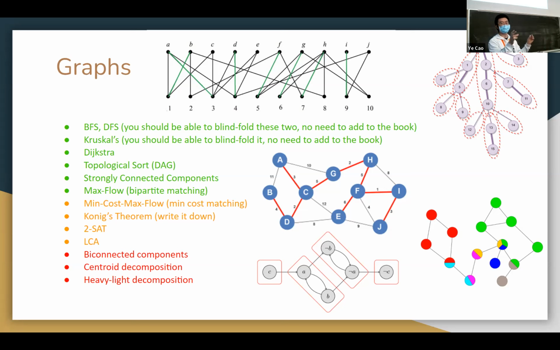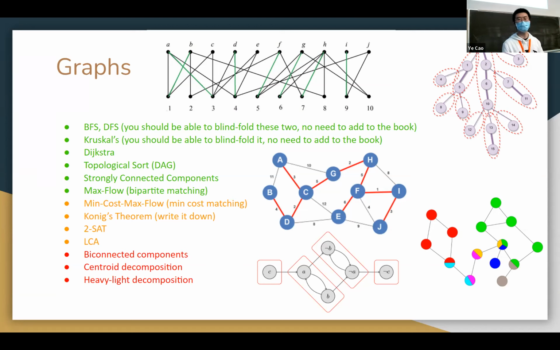graph, each edge has a capacity. I have a source node, I have a terminal node. The max flow algorithm computes what's the maximum amount of quote-unquote flow you can send from S to T. And the algorithms highlighted in green mean they're sort of quote-unquote basic algorithms that you should definitely have in your book. The orange ones, which I consider to be intermediate level, and the red ones, what I consider to be advanced level algorithms. So if you have a limited amount of time to compose your book, do the green first. If you have time, consider the orange ones. If you have more time than that, consider the red ones.